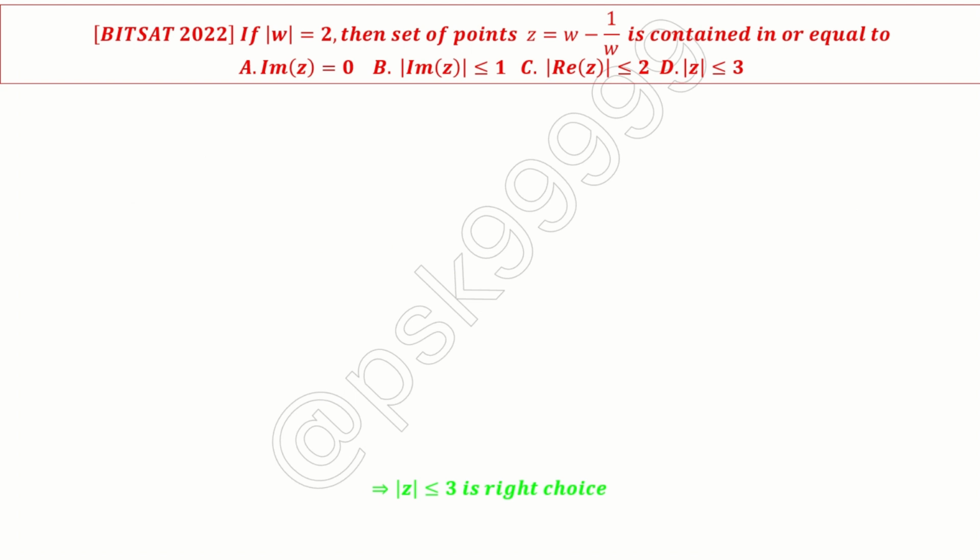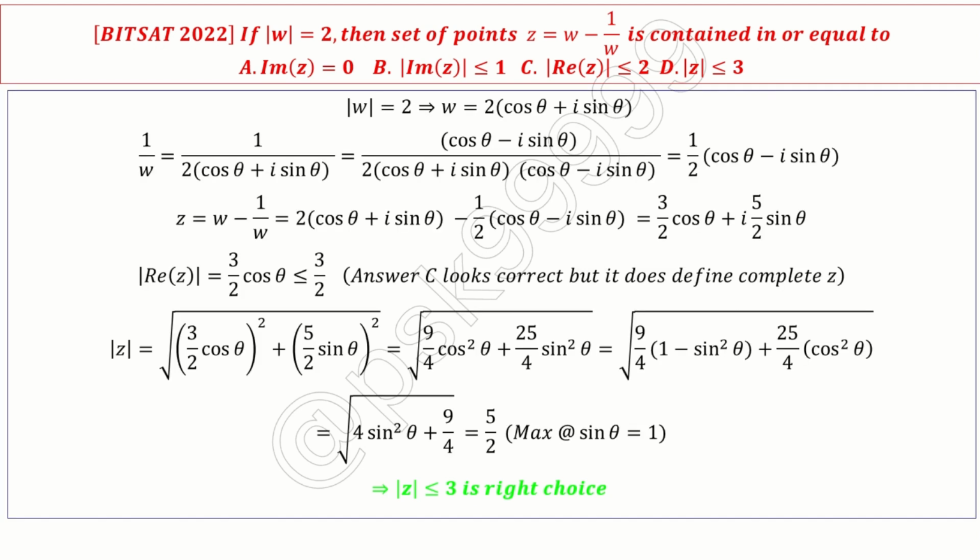If modulus of w equals 2, then the set of points z equals w minus 1 by w is contained in or equal to the options given. This is an interesting question actually. At first sight, you will see two answers correct, but only one of them is actually correct. So let's see. Modulus of w equals 2, which is given, which means w is nothing but 2